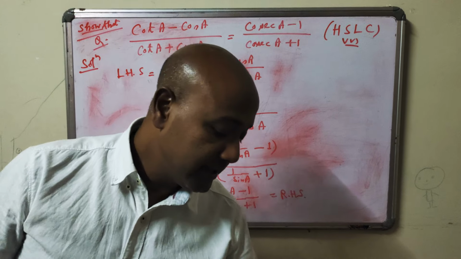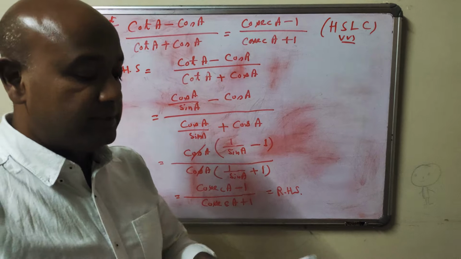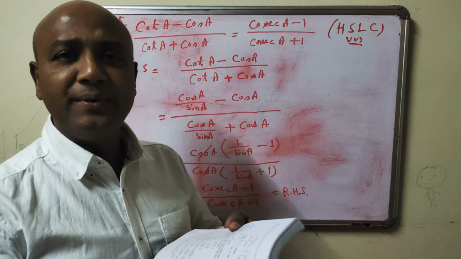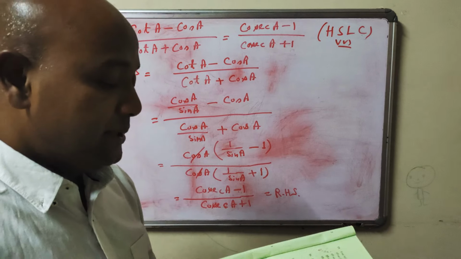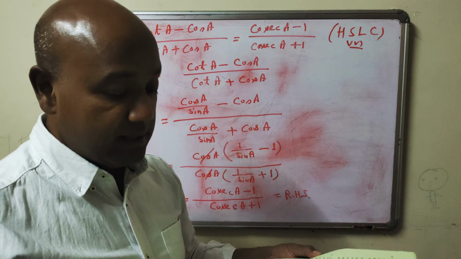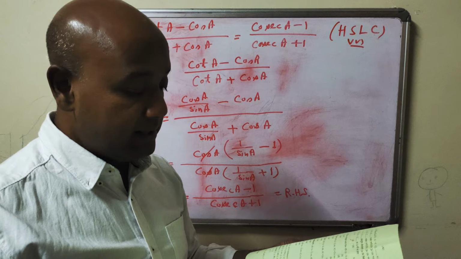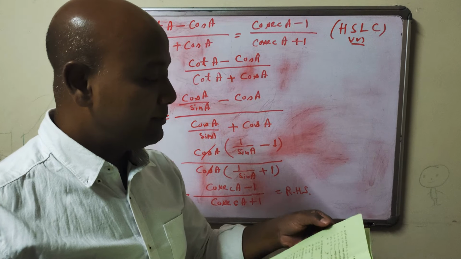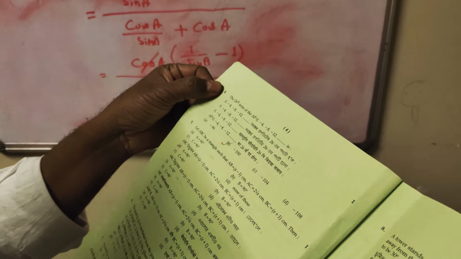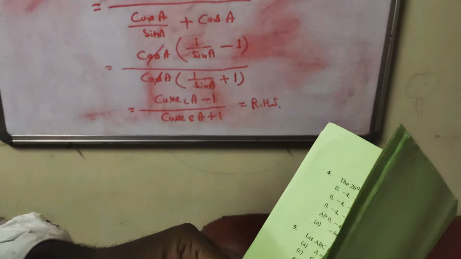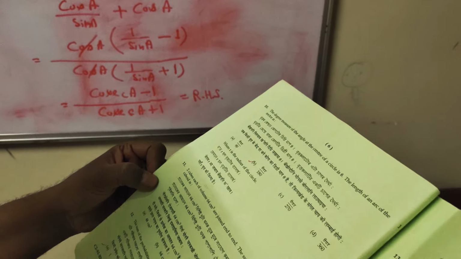Right hand side. See, you must watch my previous videos, otherwise you will not understand this. Tomorrow I am going to start a new chapter, that's called AP, arithmetic progression. Very interesting. And in maths, most of the AP sums are there. See, question number 4, there is an AP sum here.